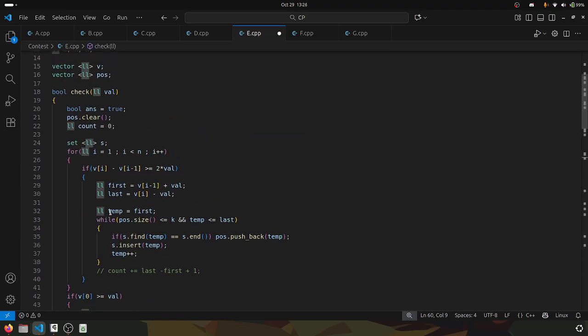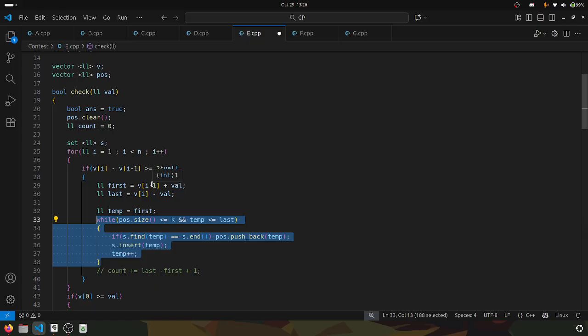So this might look like n square complexity because I am running a for loop of O of n here, and then again inside I am running a while loop which might be O of n. So this might look like O of n square, but since I have this condition, pos dot size is less than equal to k, so this while loop must run at max of k times only, because in each iteration of this while loop I am inserting a value in the pos vector. This condition will be true most of the times, it will only not be true in cases where val is 0 or something like that, because